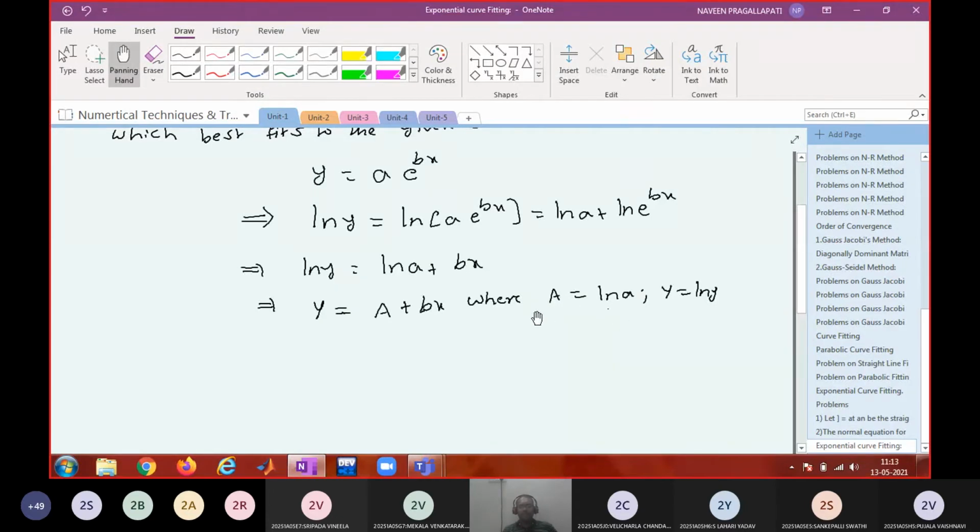Taking exponential on both sides, e power a will be equal to a. Do you agree? Okay. Agreed or not? Therefore, the normal equations for this are